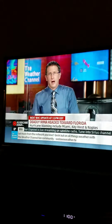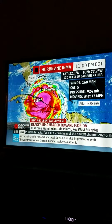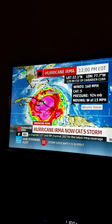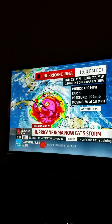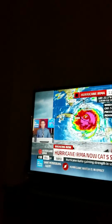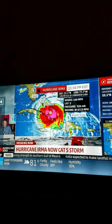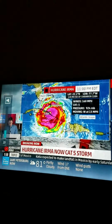Once again a Category 5. This is not a tremendous surprise given what we saw earlier in the Air Force Hurricane Hunter reconnaissance data, where based on the flight level winds and the stepped frequency microwave radiometer, the instrument mounted on the underside of the wing that can remotely measure wind speeds all the way up to Cat 5. That was what did it, and it is now a Category 5 with max winds of 160 miles per hour